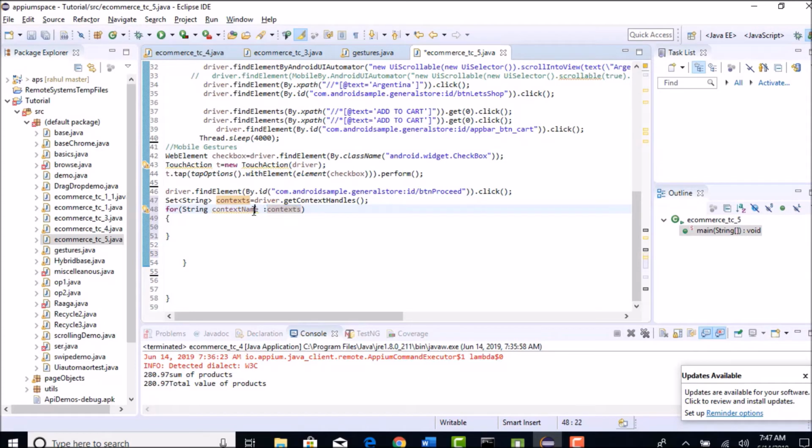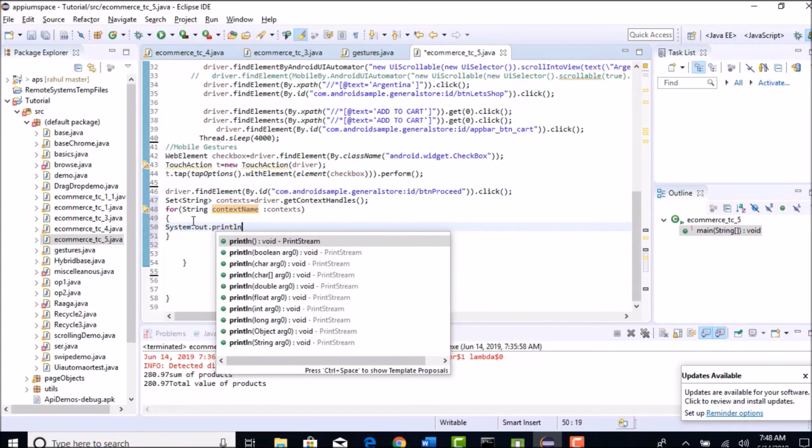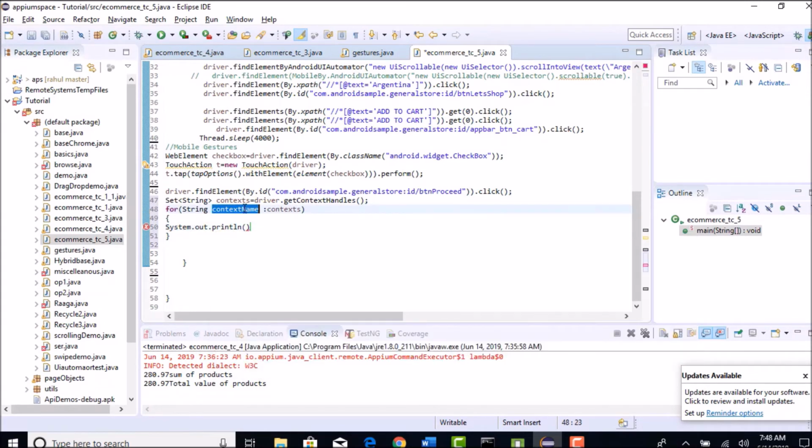Retrieve each and every context on every loop. If there are a total of 2 contexts, in every loop one of the contexts will be retrieved and stored in the context name, and it is available inside this block. So once in every loop one of the values is getting stored here, and you just print whatever got stored in this context name, that's it, so that we will know what all contexts are present in this app.